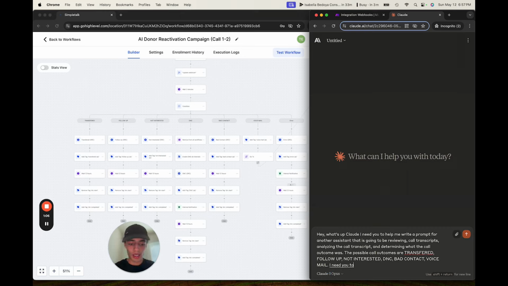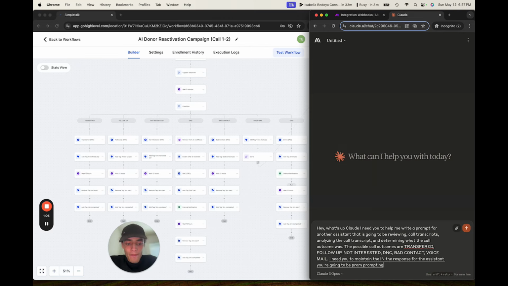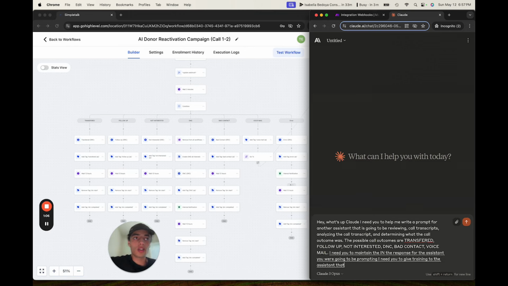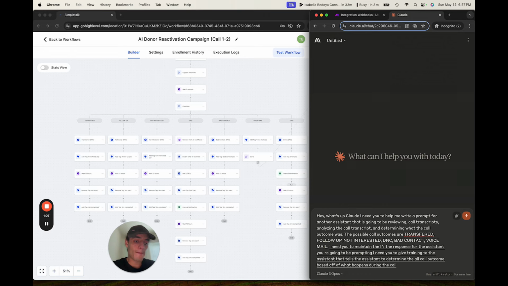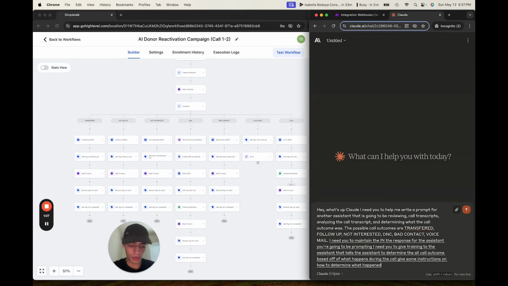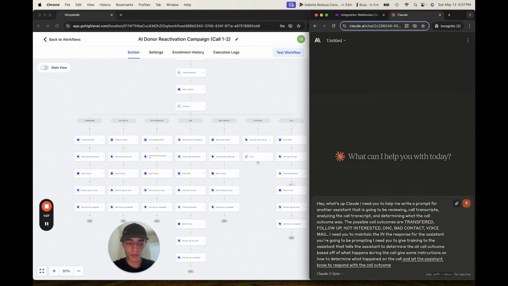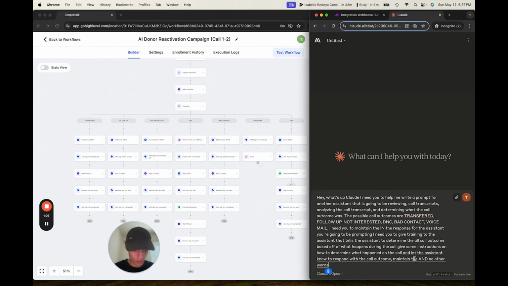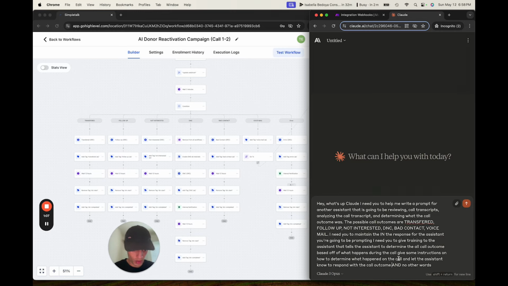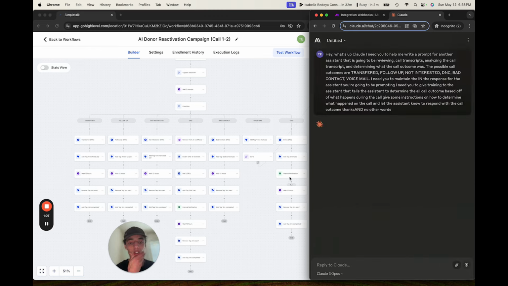I need you to maintain the all caps in the response for the assistant you are going to be prompting. I need you to give training to the assistant that tells it to determine the call outcome based off of what happens during the call. Give some instructions on how to determine what happened on the call, and let the assistant know to respond with the call outcome. Maintain the all caps, and no other words. I'm just going to say, good thanks. Okay. All right. So this is going to give us the foundation for